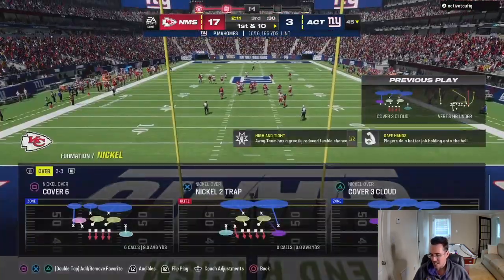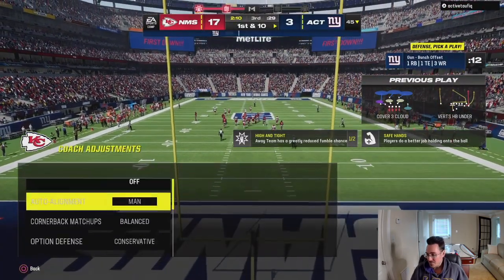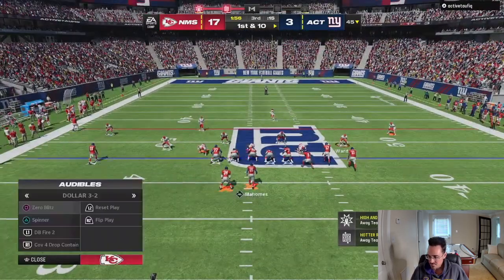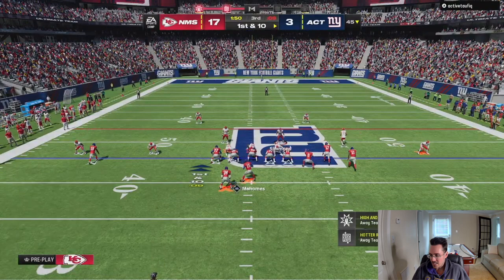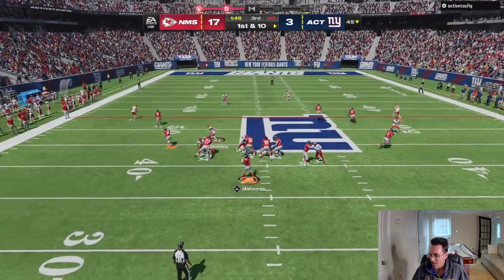I needed to have the slot corner in a hook zone. I got pretty aggressive right there by putting the outside corner in a flat. Again, I just didn't want to give up the flat because I feel like that's been beating me all game. So, I'm going to switch it back to dollar. The nickel definitely was giving him problems, but I just like to change it up a little bit so he just can't get comfortable with all my different adjustments that I'm doing. But again,